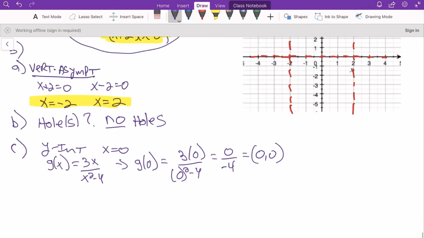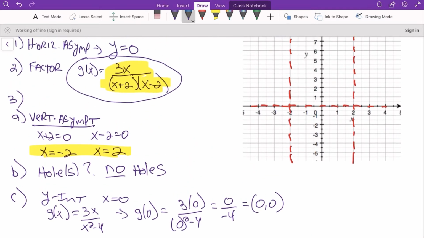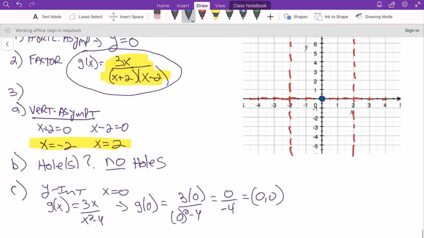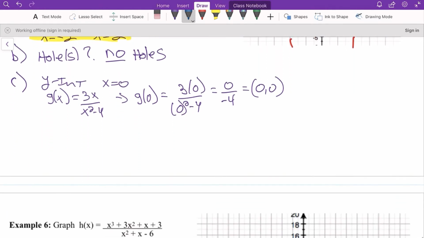So we can put that on the graph as well. So I'm going to change the color. And so we can see that this graph, even though it has a horizontal asymptote, will intersect the x-axis. So the last thing we're going to do, I'm just going to move this up, and then I'll come back to the graph,